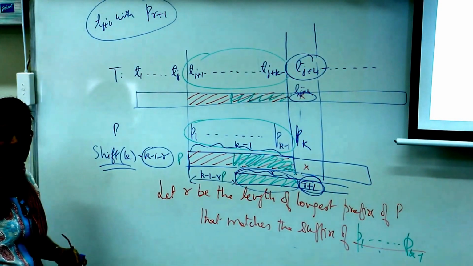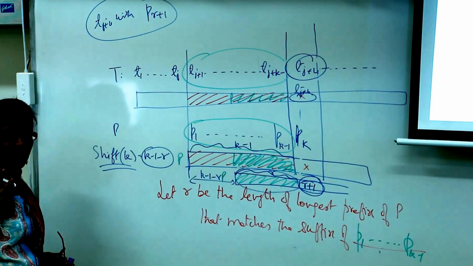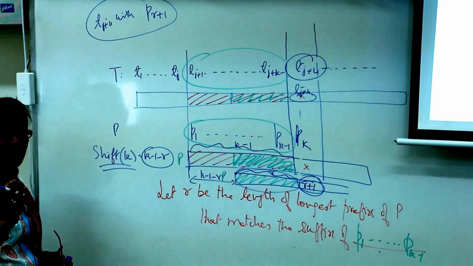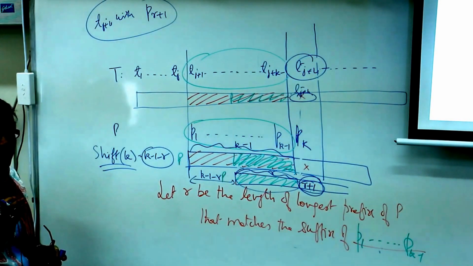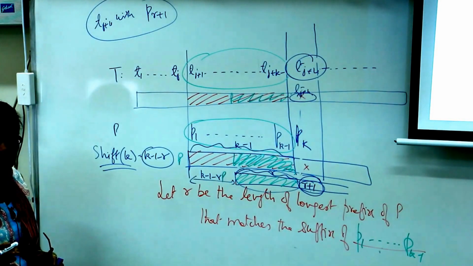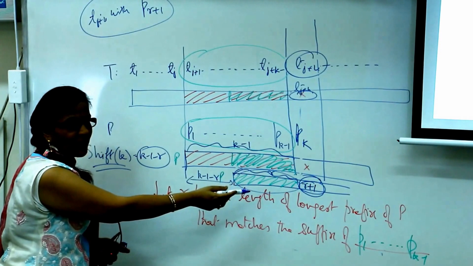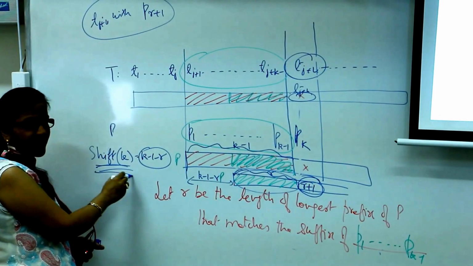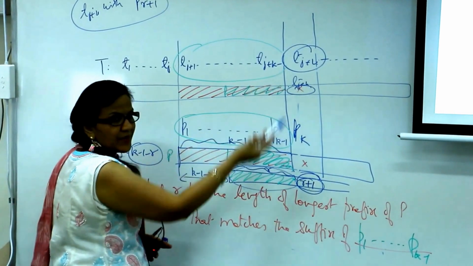All these are equivalent. What is the shift? What is the longest prefix? What element of the pattern should I compare Tj plus k with? These are all the same question. Once I have computed r, the length of the longest prefix, I can compute the shift, and I can also determine the next element with which I compare this.